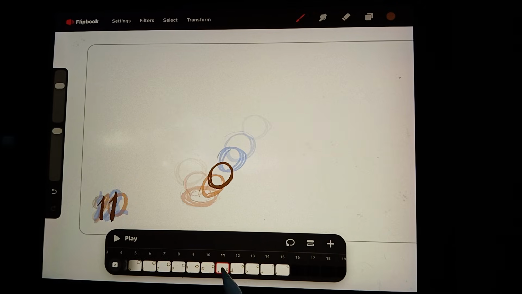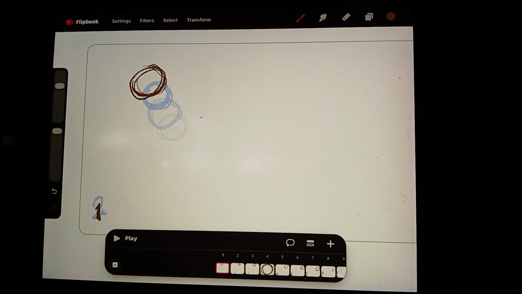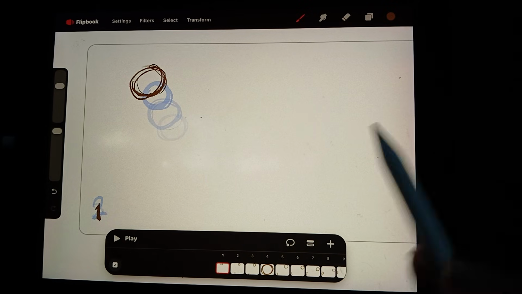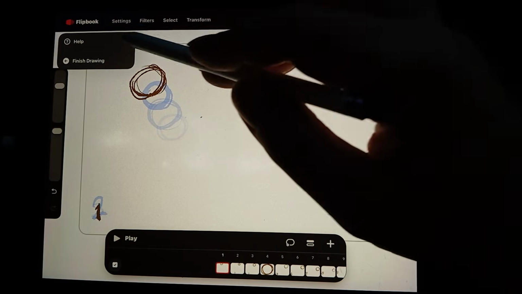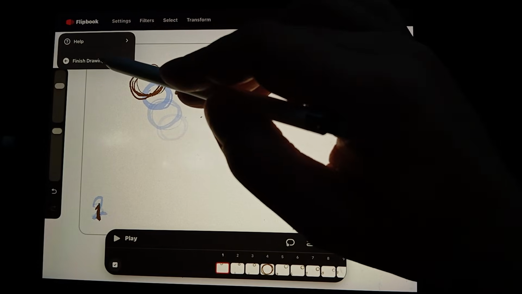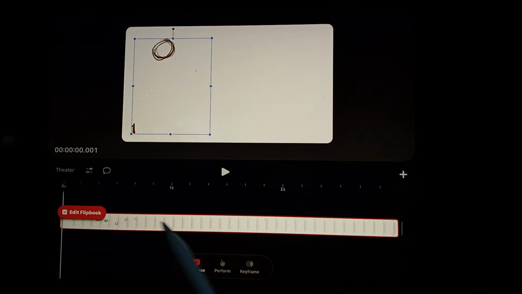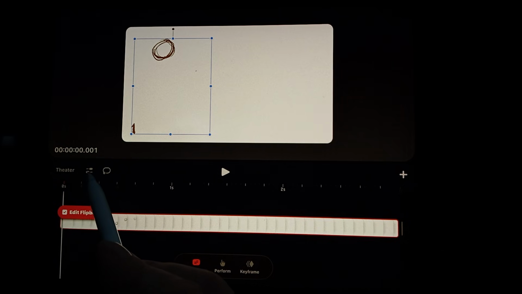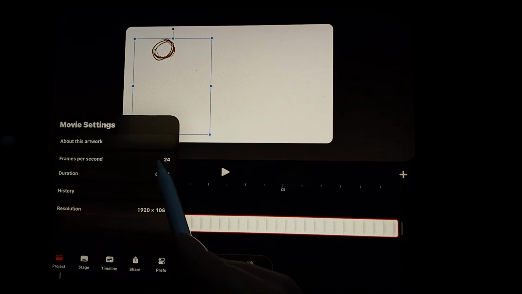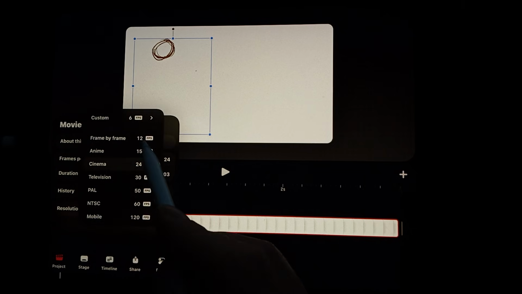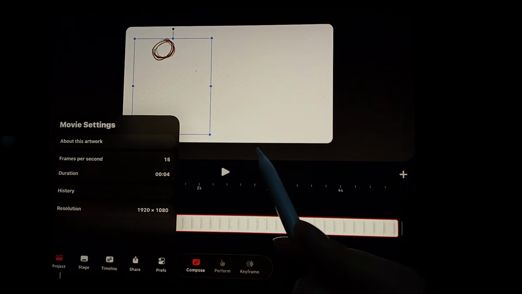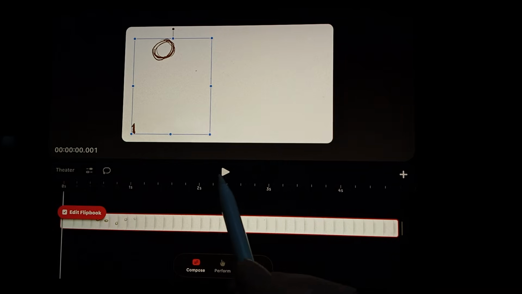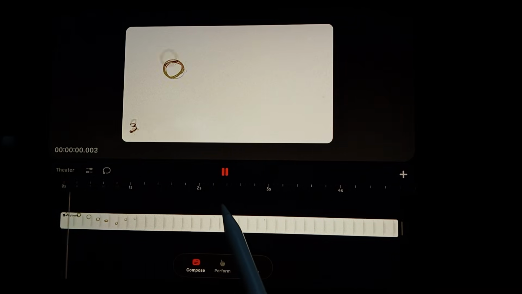Okay, so there you have it. Now let's watch it. How do I watch it? I can click on play, but before I do that, when you click on Flipbook, go to finish drawing. Right here is where you define the frame speed. So I'm just gonna play it on 15 or 12 frames. 15 is good, I guess, for now. And when I hit play,